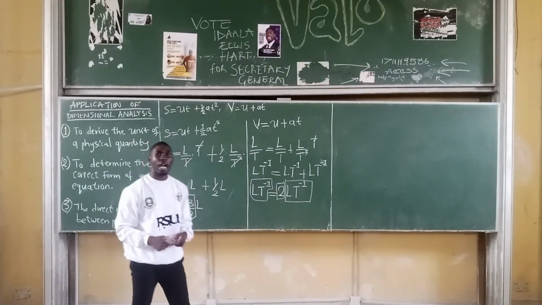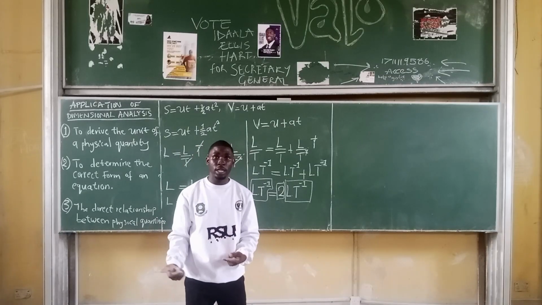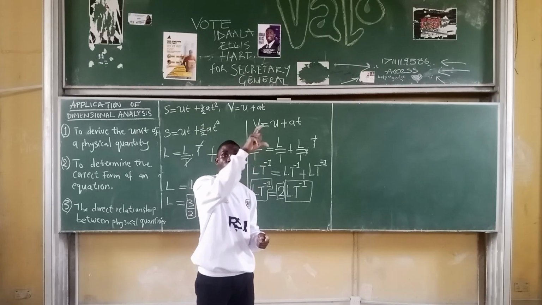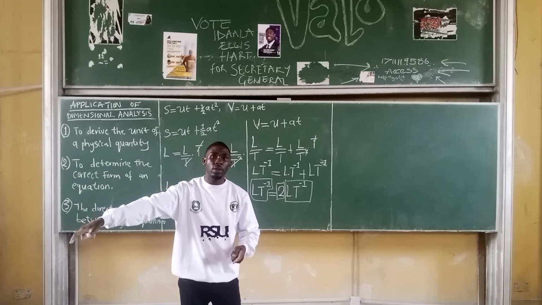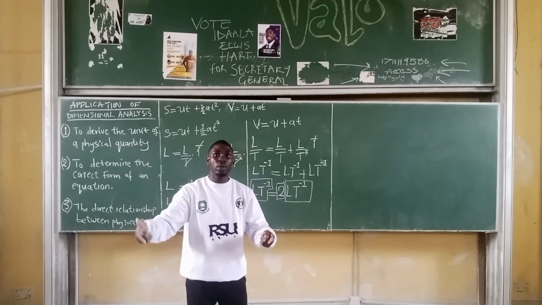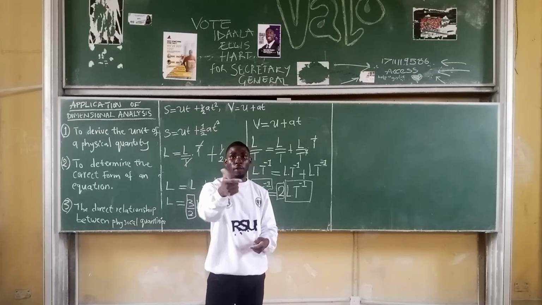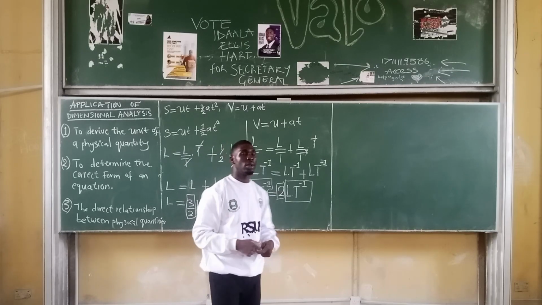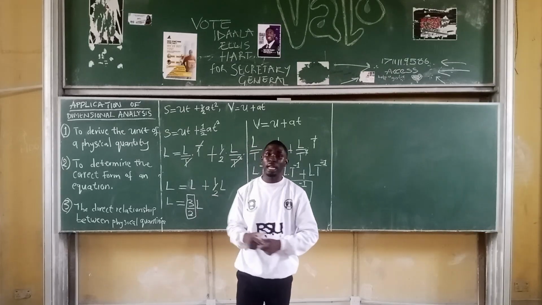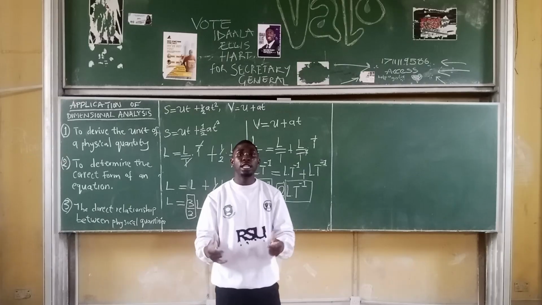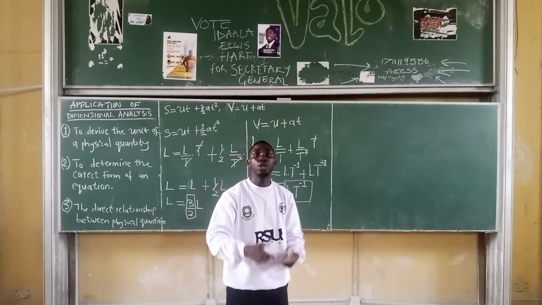So this is how you can actually check any equation you've written. If you check the dimension of one part of the equation and simplify the dimension of the other part of it, which is the right and left hand part of the equation, if they are not the same, it means you've written the wrong form of that equation. So let's see how we can use dimensional analysis to find the direct relationship or the correct relationship between two or more